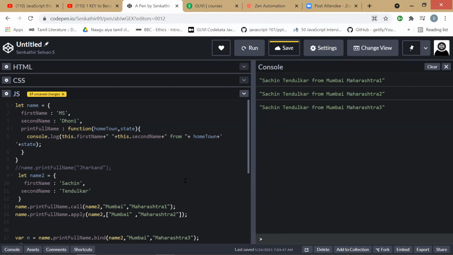or in line number 13, 14 you have used call, apply, bind to give the context manually. So that time name 2 will be replaced by this, and you are doing name.firstName, name.secondName. In line number 8, JavaScript is automatically taking the context by itself, and the context there is name. That is why we use call, apply, bind: we manually give the context rather than JavaScript taking its context by itself. That is the difference between them.